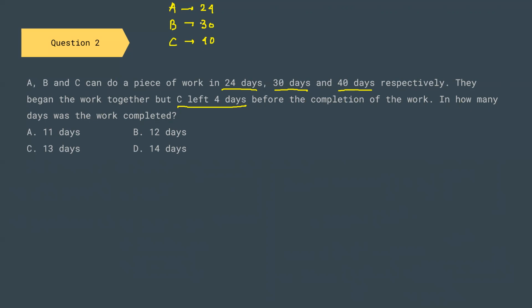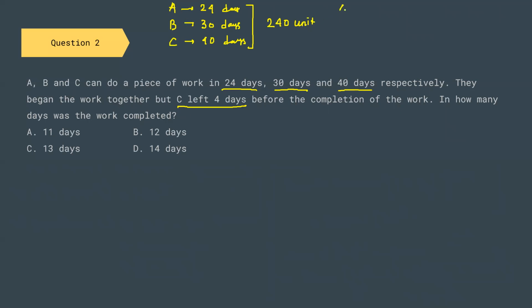We can assume a few things here. First thing is that A is taking 24 days to complete a work, B is taking 30 days, and C is taking 40 days. So A 24 days, B 30 days, and C 40 days. We know that the LCM of 24, 30, and 40 is 240. So let us assume that the total work is 240 units. I don't know what this work is, I'm just naming it as the total work is of